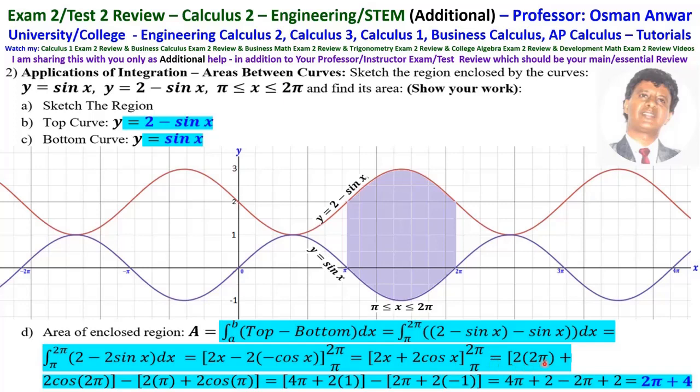which is 2 times 2 pi plus 2 cosine 2 pi minus 2 times pi plus 2 cosine pi, which is 4 pi plus 2 times 1, cosine 2 pi is 1, minus 2 pi plus 2 times minus 1, cosine of pi is minus 1. So that is 4 pi plus 2 minus 2 pi plus 2, which is 2 pi